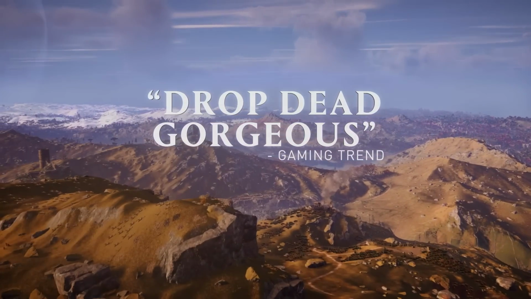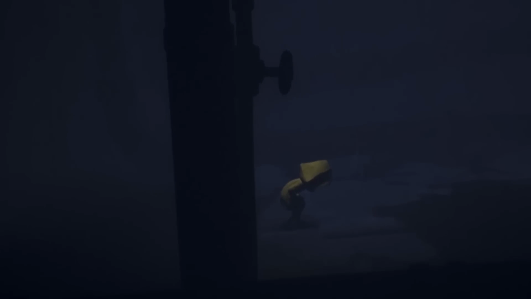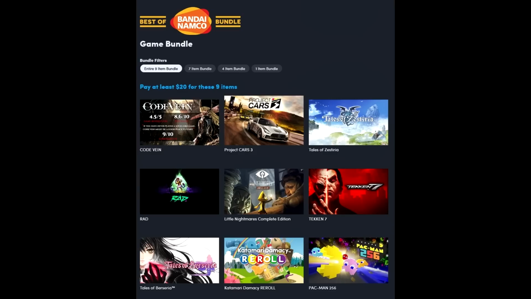Off the top, let's go over some of the deals that are available at Humble. Humble's got two bundles that are quite good. First of all, I mentioned this a few times, Best of Bandai Namco bundle. So how this bundle works is you can get one item for $1, 4 items for $12. You can beat the average at $19.31 for 7 items, or you could go all in and pay $20 for